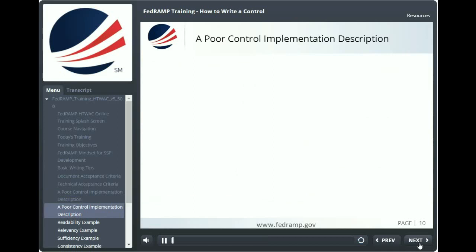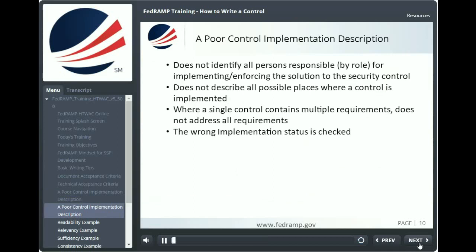Poor control implementations also leave out, they don't describe all of the possible places where a control can be implemented. So if you have two data centers, we want to know about both data centers, of course, if it's applicable. So make sure that you describe all possible places where a control is implemented. Poor control descriptions also